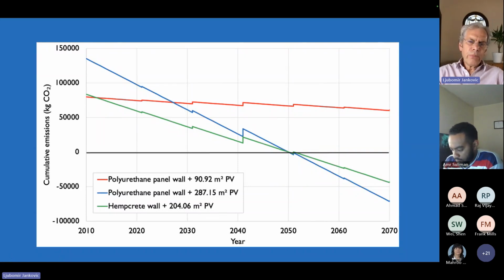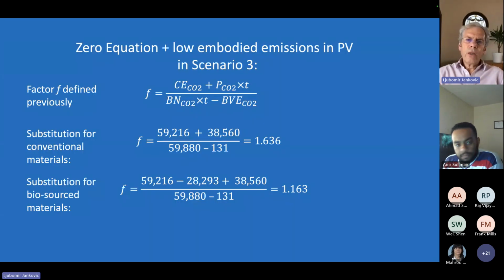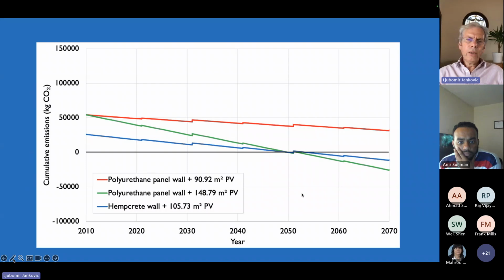And this is because PV itself has embodied emissions, as we now know. Now, if we go into scenario 3 and substitute the values of embodied and operational emissions for conventional materials, we get F factor 1.636, and for biosourced materials, it's 1.163. And now we have, for unchanged